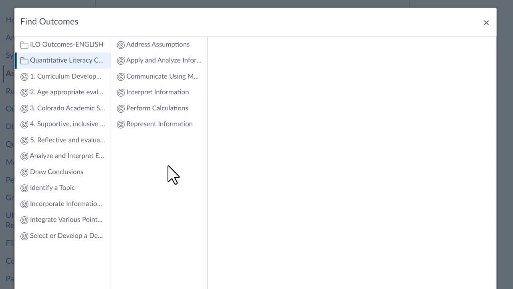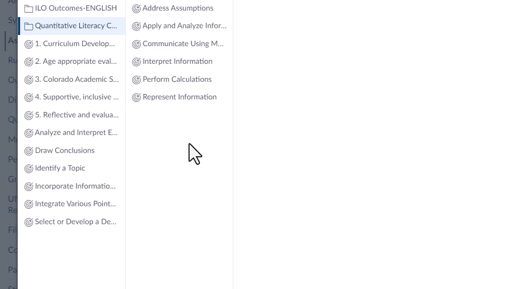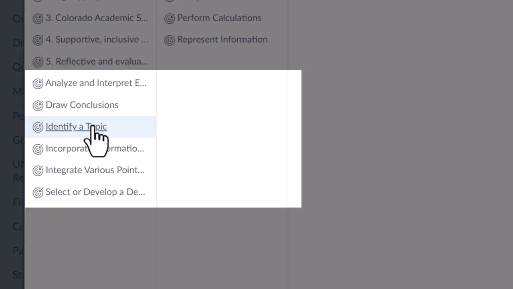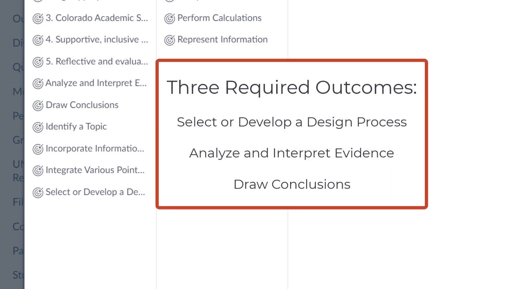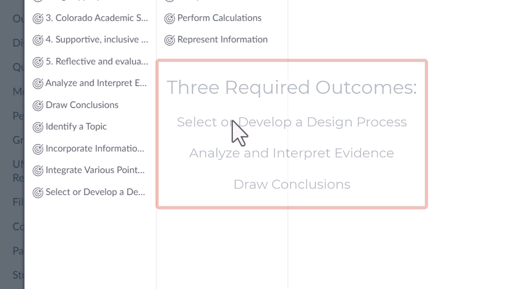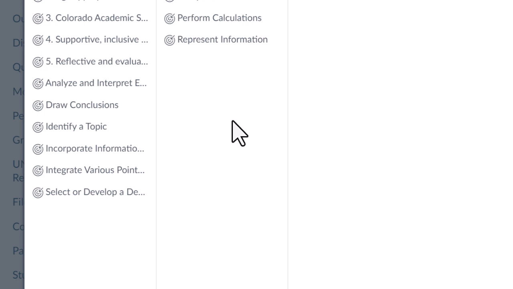Now, there are 6 learning outcomes associated with inquiry and analysis. Identify a topic, incorporate information and existing research, integrate various points of view, select or develop a design process, analyze and interpret evidence, and then draw conclusions. The three required outcomes, the three we must assess, are select or develop a design process, analyze and interpret evidence, and draw conclusions. The other three are optional, so we're going to go ahead and add the required three to